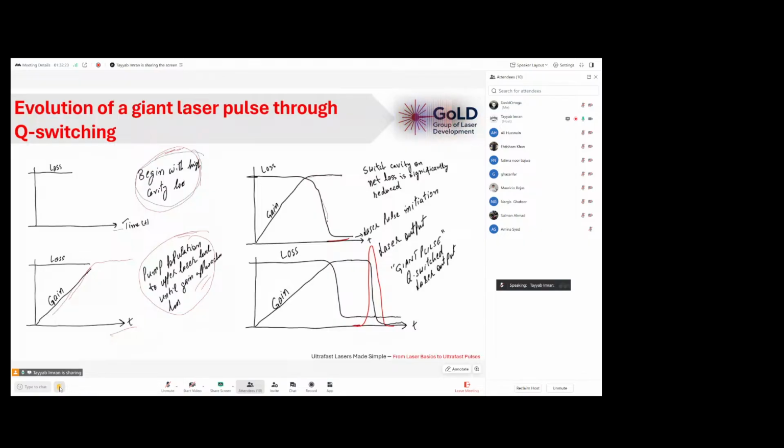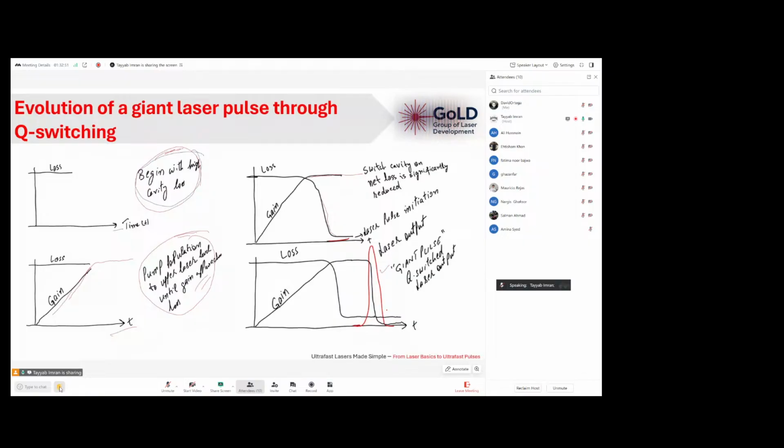Losses are reduced here. Gain is now streamlined. Losses are reduced to almost zero. And at a certain point, we get a giant pulse at the output and all the gain becomes zero as well. All the energy is released. So this is how graphically we can show that at the beginning, when the laser is not even on,